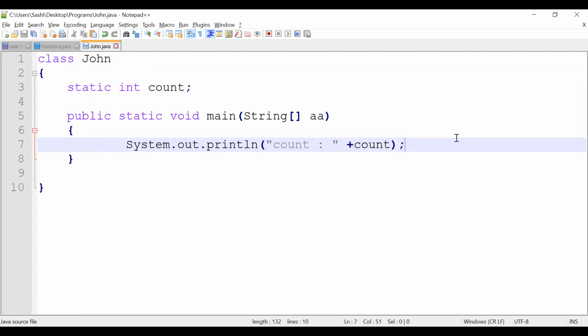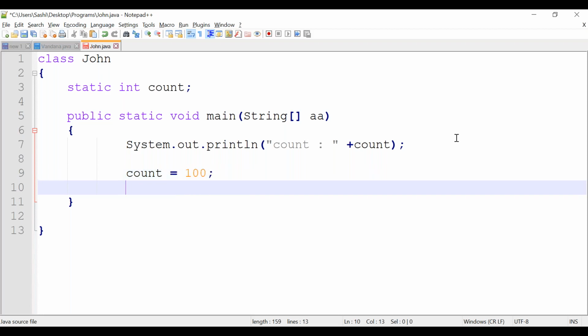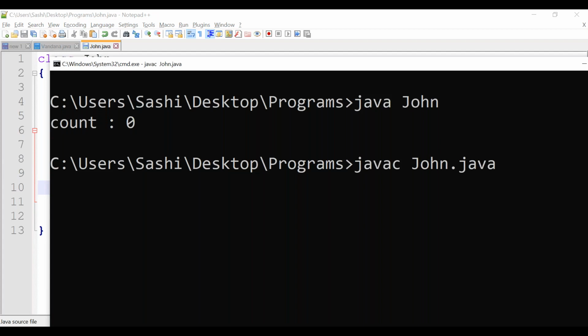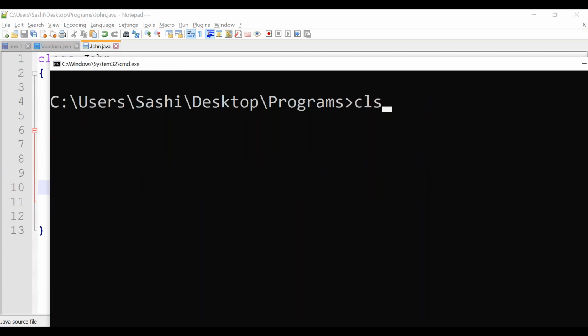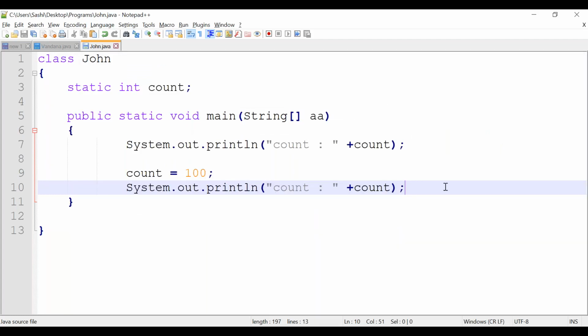If I want to modify, I can directly say count equal to 100. Again I can print the value. Again you can recompile the class and run it. See, in the beginning it is loaded with 0, then you are modifying it, it is a static global variable.